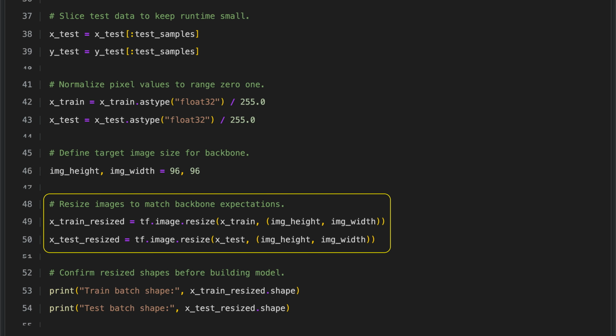We first resize all training images so they match the input size expected by the neural network backbone. Using TensorFlow's image resizing, each training image is adjusted to a height and width of 96 pixels. We apply the same resizing to the test images. This consistent size ensures the images are compatible with the MobileNet v2 model, which requires inputs of a specific shape